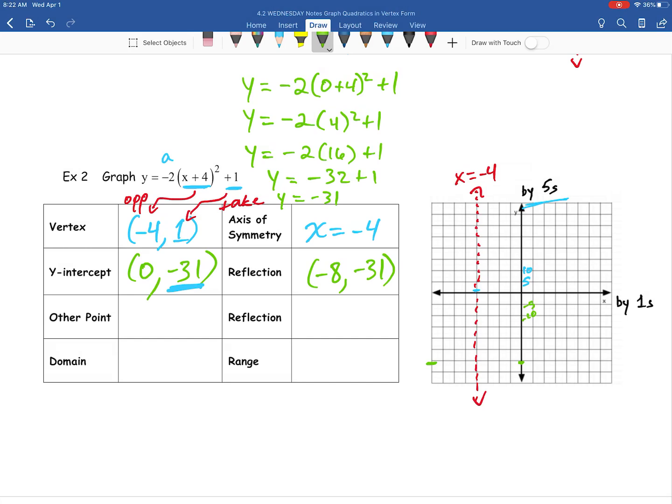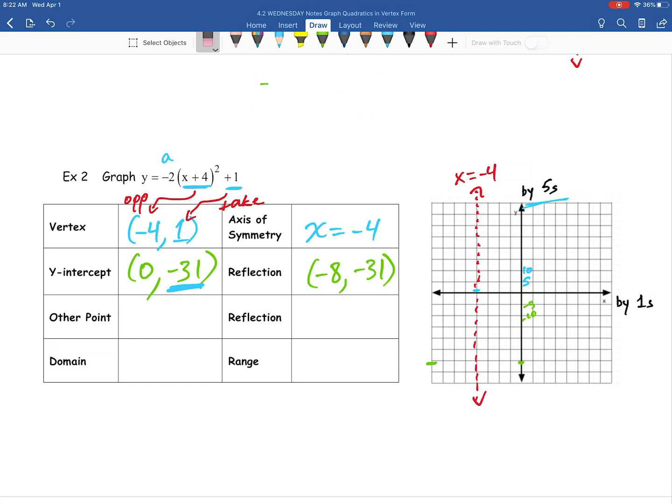Now let's choose some other point that's really close to our vertex. So maybe we'll choose -3. That'll come out clean. But you could choose a lot of other ones. You could choose -2, -1. You could even choose -5, but we'll just go with -3 for right now. So again, we're going to plug in -3. This is our choice. You get to plug that in. So y equals -2 times -3 plus 4